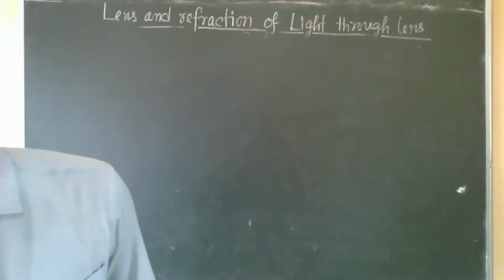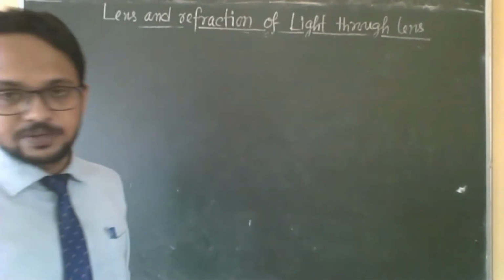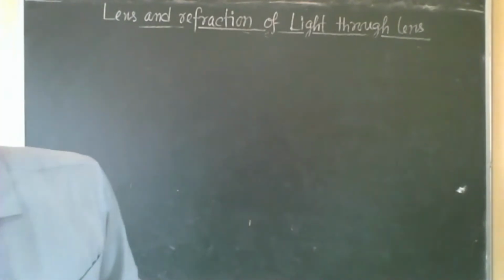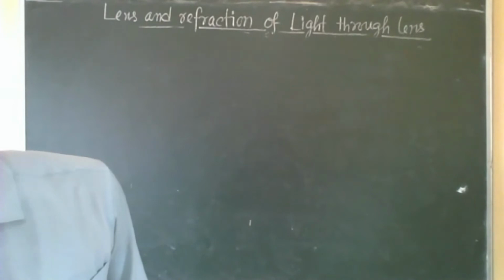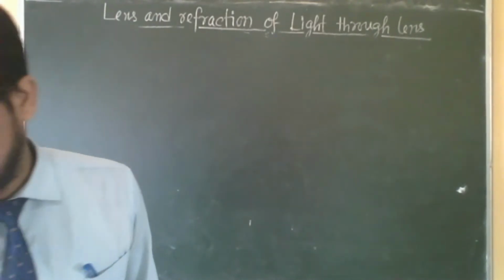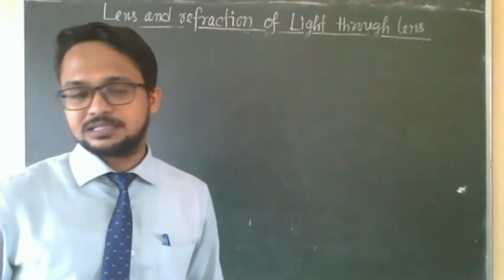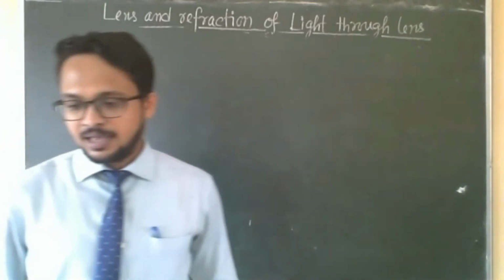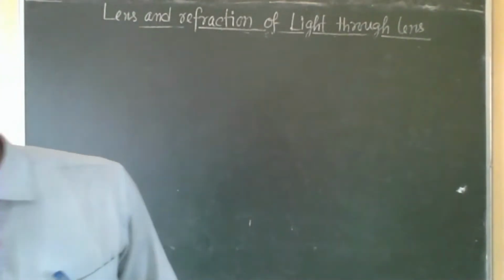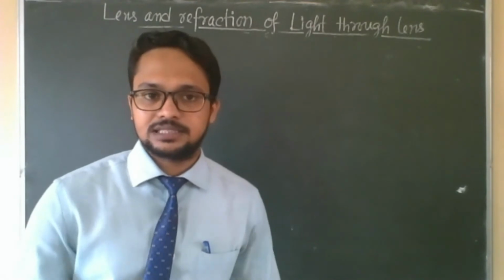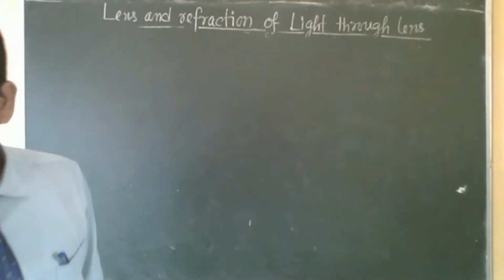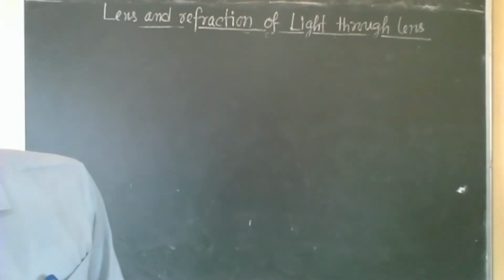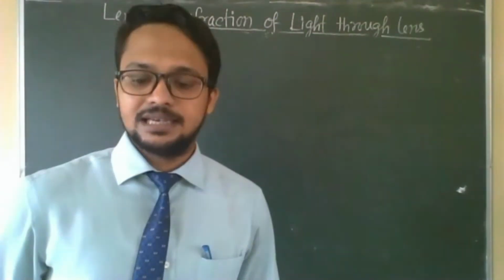Come to a few ray diagrams. Go to page number 110. Question number 27, figure 5.17. Two diagrams are there, and question number 28. Consecutive two questions, 27 and 28. Two diagrams are there, and we have to complete the ray diagram. Draw the path taken by the light ray AB after it emerges from each lens.